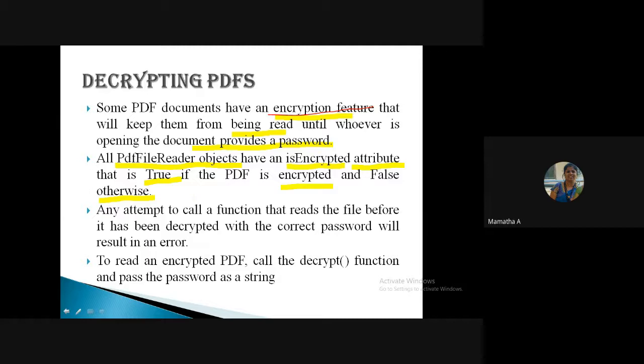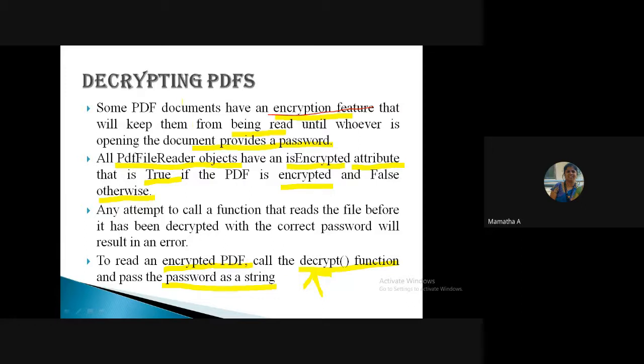To read any encrypted PDF in Python, you will have to call the decrypt function, wherein you will pass the password as a string to this particular function. Remember. We will see how it is. Just remember, right?